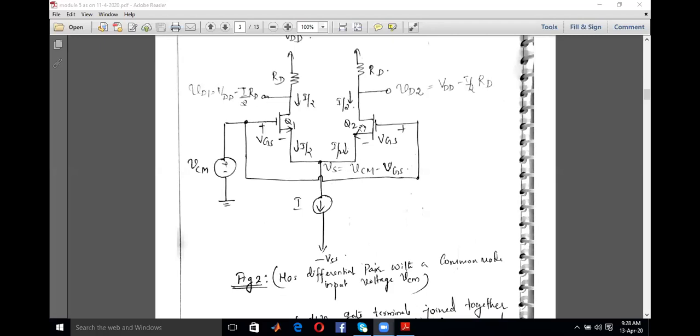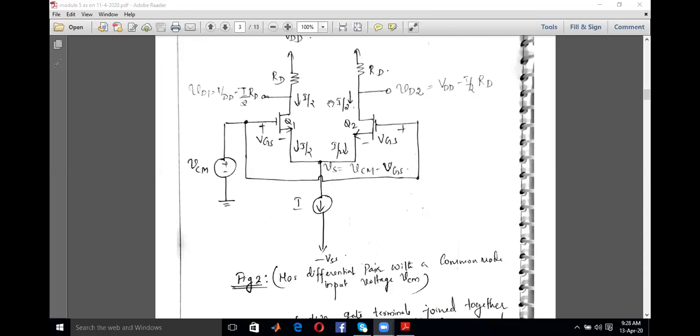In other cases, you can expect the full current through Q1 and zero current through Q2, because Q2 may be off. And in some other cases, you can expect the full current I passing through Q2 and Q1 may be off, that is, I1 may be zero. In that case, it is not a common mode amplifier. When the amplifier is working in a common mode range, you should be aware that the two currents are the same.